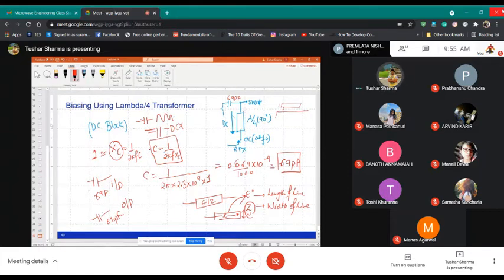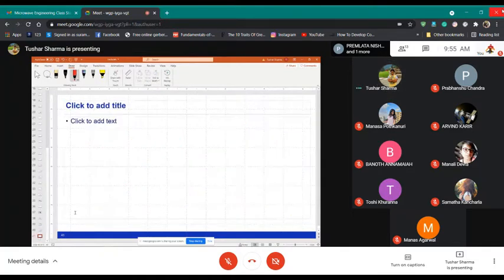And there will be a substrate which will be some material like XYZ, or sometimes silicon oxide, and it will have a dielectric constant, a permittivity, a loss tangent, and so on. Okay, so for that, let me give you a substrate specification.